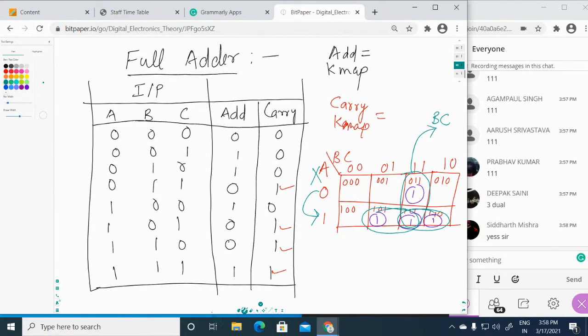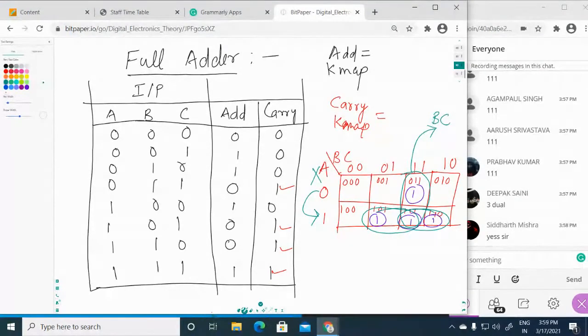This is the simple formula. There is no need to use the Boolean expression here, because that will be more complex. When 3 variables, 4 variables, 5 variables, and 6 variables are there, you have to use these formulas.